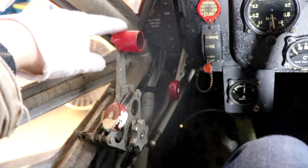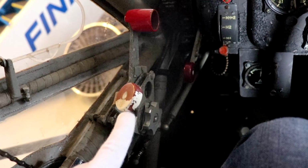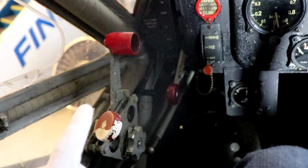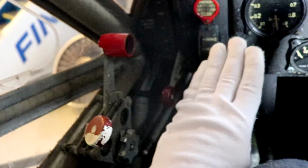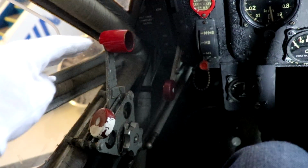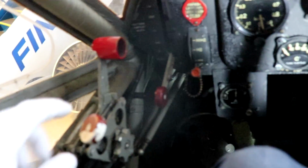To your left, you have your throttle right here and mixture control. Now, the way this works usually is that you can operate them separately. So this would be in the rich setting and pushed forward in the lean setting. But as you're pulling the throttle back towards essentially no throttle, you're also going to be pulling back the mixture automatically